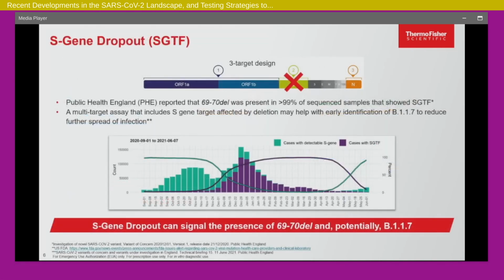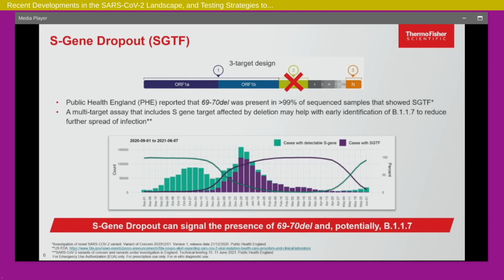At the same time, in different parts of the world, the virus was evolving. Now on the surveillance part of it, people were saying, okay, let's look and see what is happening in the rest of the world. This is about the dropout. Before I go to the next variant, let's talk about the dropout. We have a 3-target design in the assay, where you have the first target on the ORF1 gene, the S gene, which is the spike gene, and the N gene. You can see the S gene was constantly not present while they were running the assay. Interestingly, this is data that is coming out much more recently.